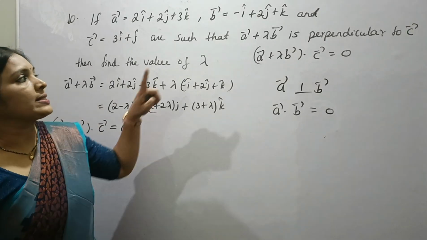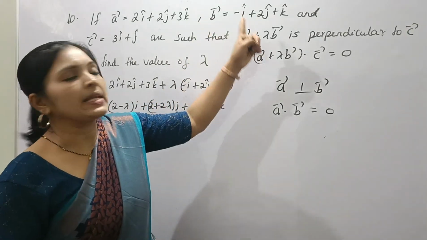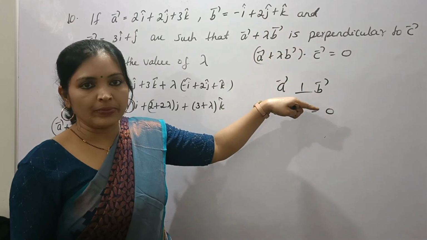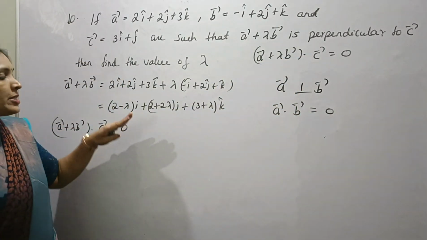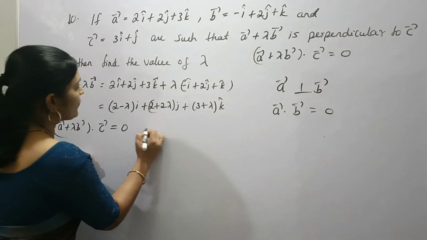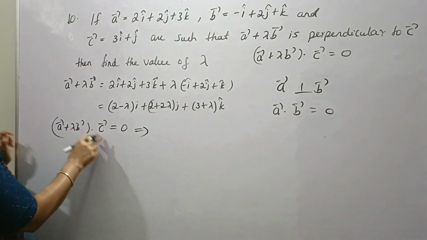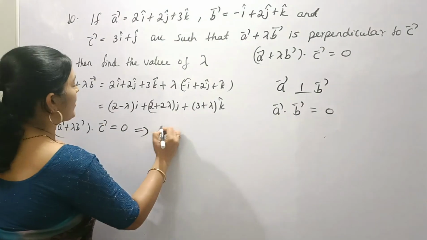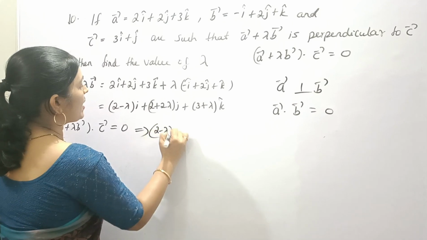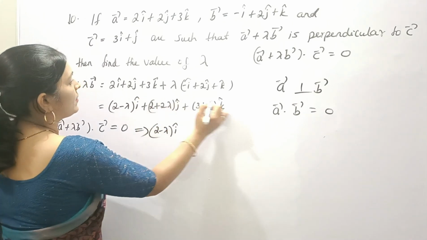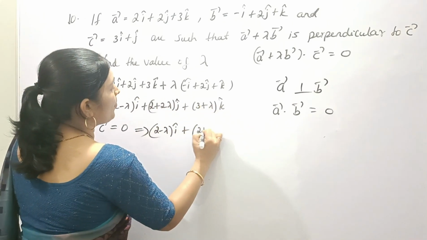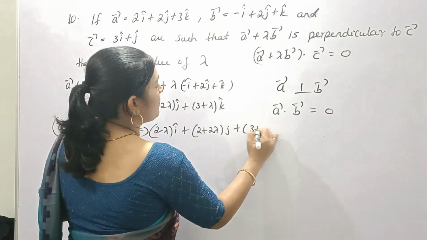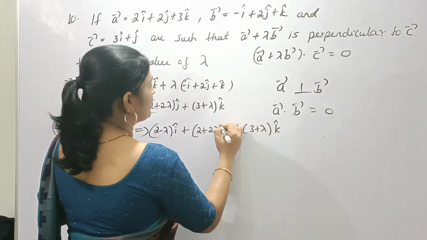Why? Because it is given that vector A plus lambda vector B is perpendicular to vector C. Therefore, their scalar product is 0. Now, let's find the scalar product here. Vector A plus lambda vector B is nothing but this one, that is (2 minus lambda) i plus (2 plus 2 lambda) j plus (3 plus lambda) k